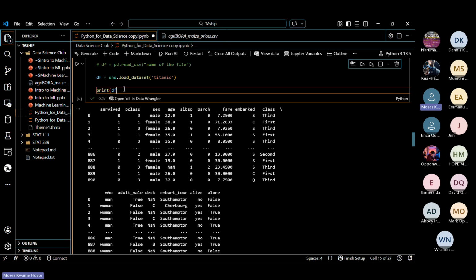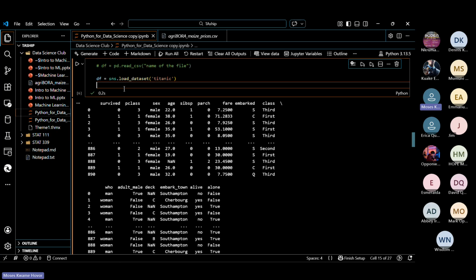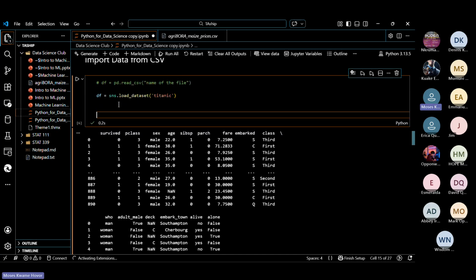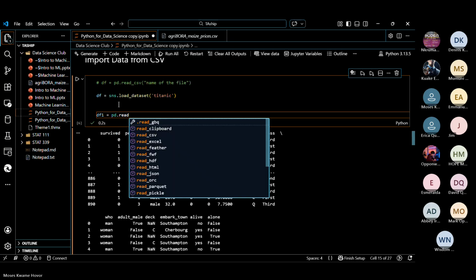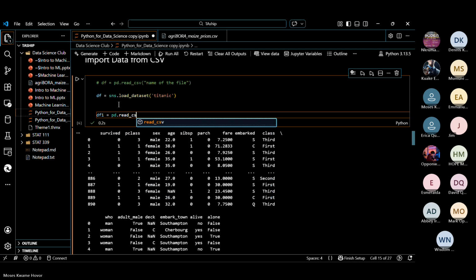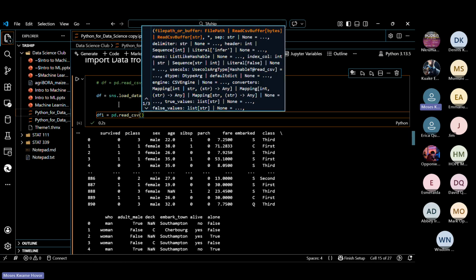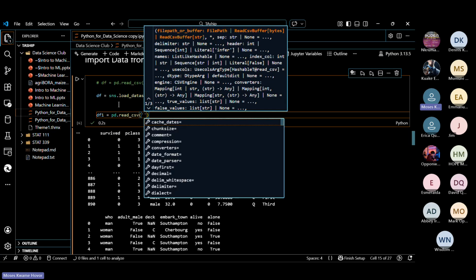All right. So I was saying that for us to be able to import data, I'm using pandas. So assume I'm calling the new data df1. We have to do pd.read. If the file is a CSV file, we're going to do read_csv. Then inside here, we have to type the file location. So if the file is maybe on your desktop, you have to copy the file location and put it inside.